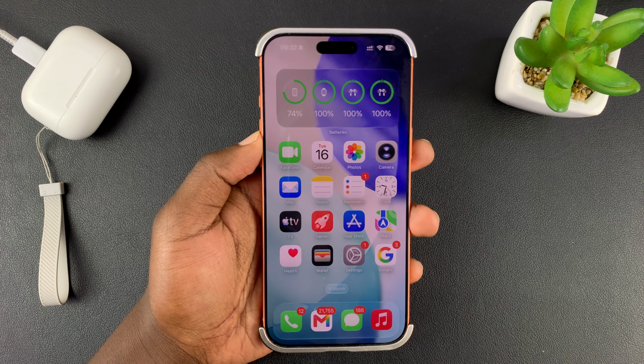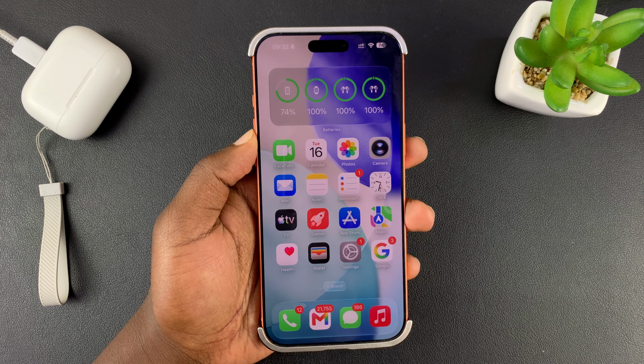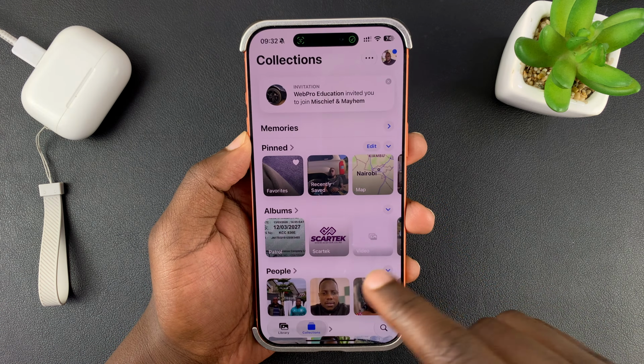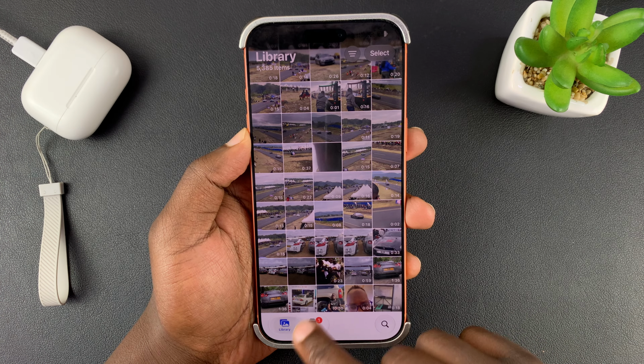Now, I'll be showing you how to create a temporary shared album on your iPhone. Now, this is a brand new feature in iOS 27 and later versions. Before, we used to have shared albums. But now, if you go to your Photos app and then go to Albums, and when you're creating an album,